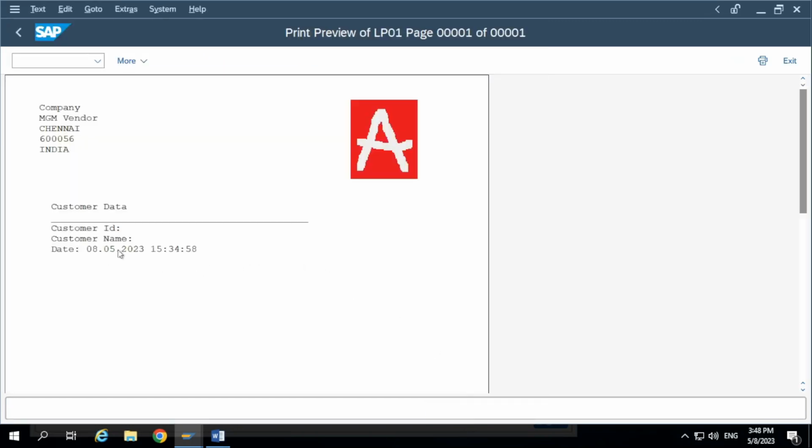Window size is not enough. That's why additional data is not displayed. This is also very important. When you are placing the data,